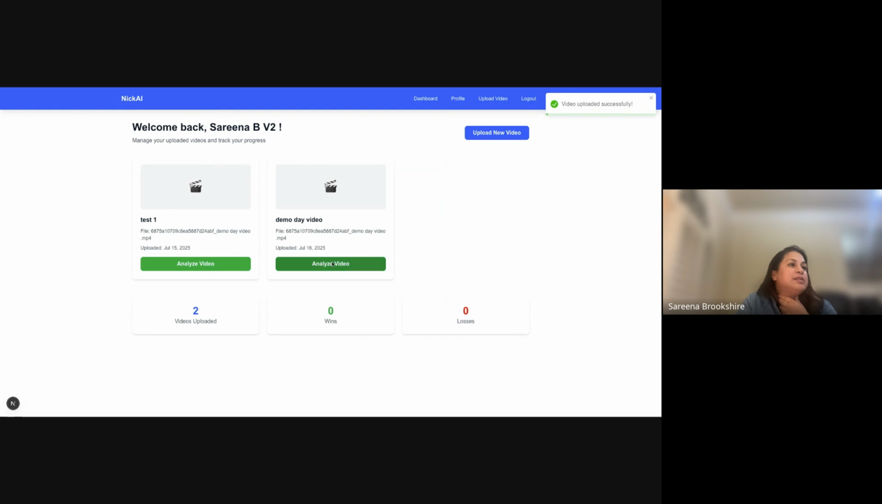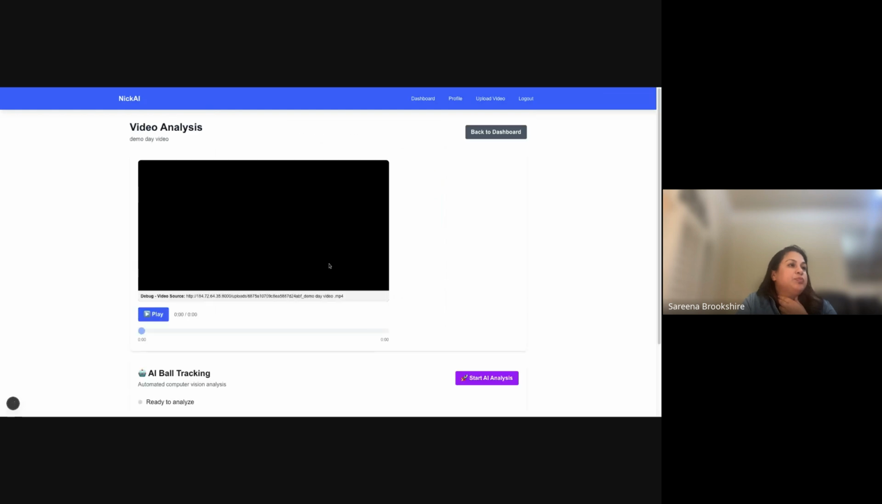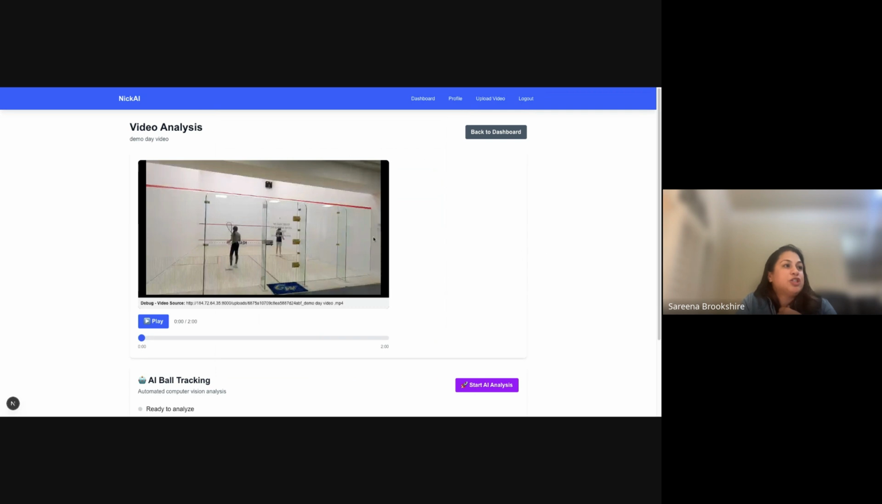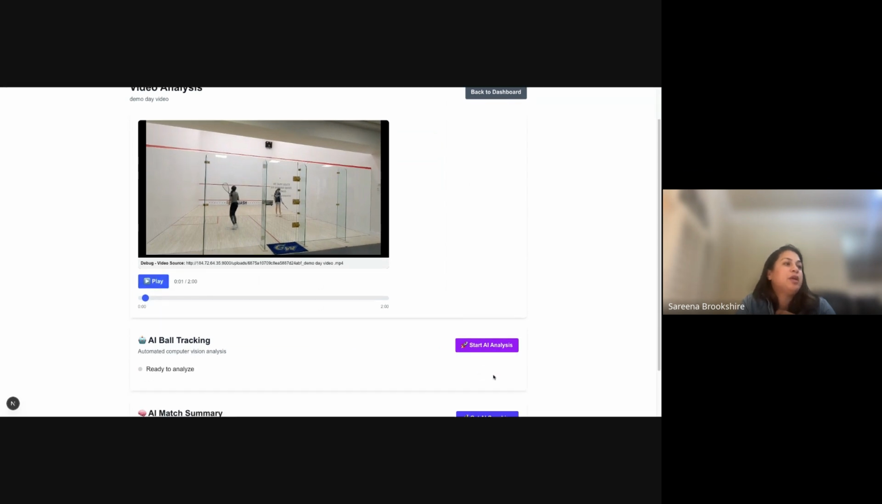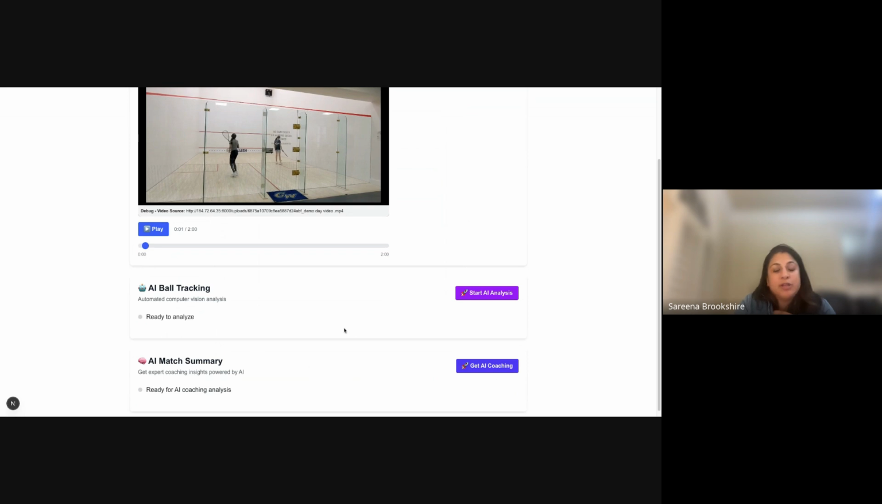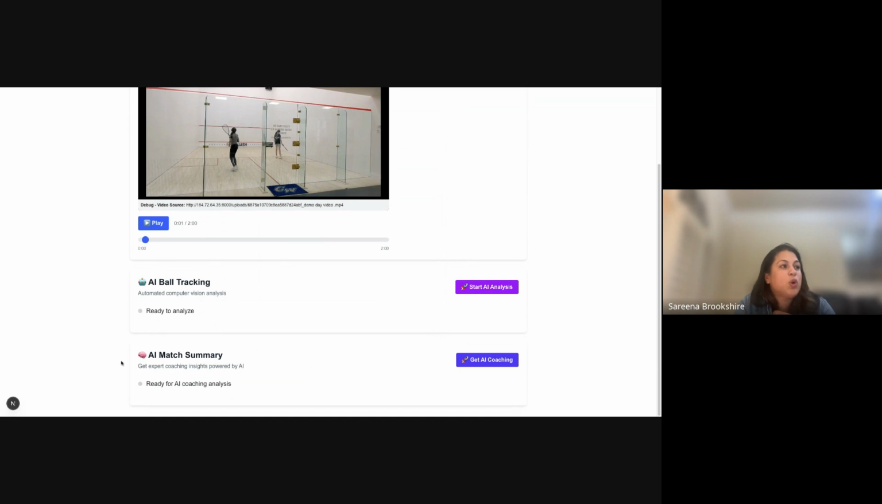So when you analyze the video now, you can actually see the game in the window. You can play the game. You can seek throughout. We're in the process of building out some more advanced zone tracking. What I want to actually show you is the overall match summary, which is a macro view of the game itself. So while that's loading,